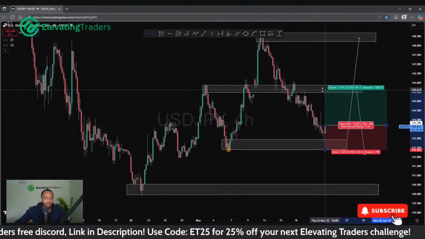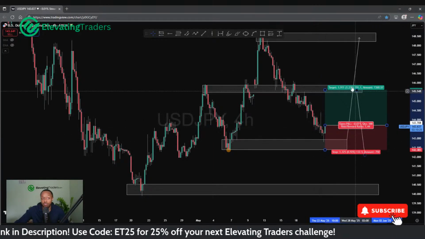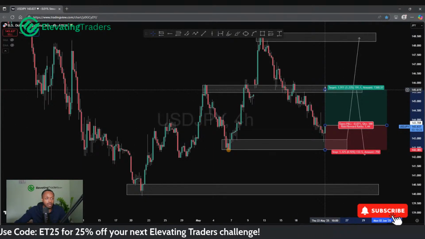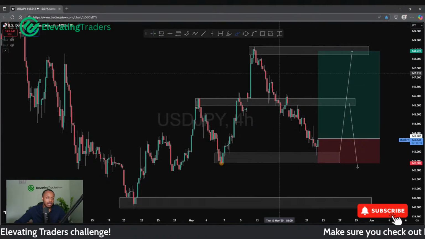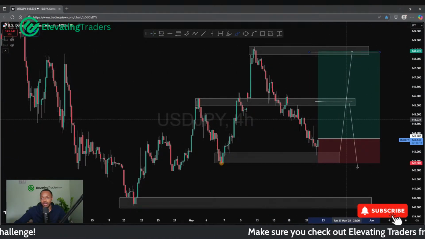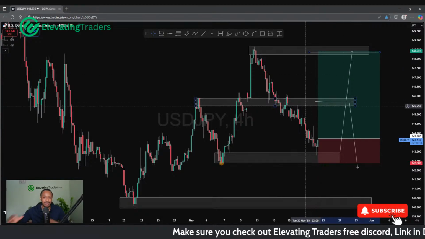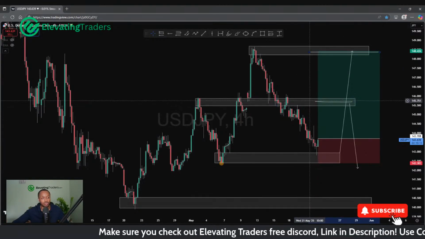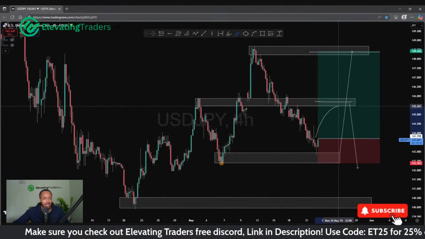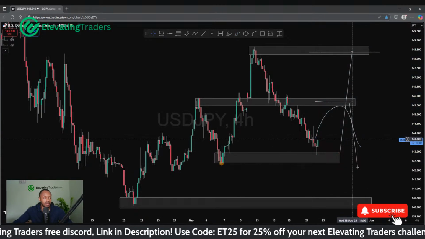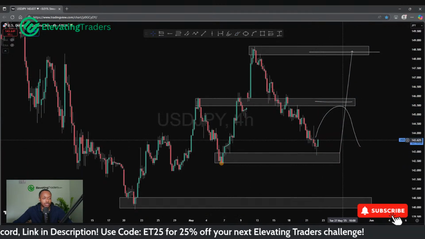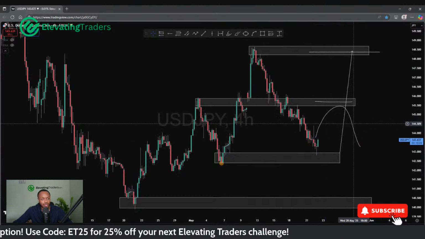Locking gains there. Maybe looking at 1 to 1.4, 1.5 roughly. Then I'll leave some positions to run there. Maybe close half here. Then close the rest there. That way I can still maximize my risk reward. But also, if we do roll over here, I don't walk away empty-handed as well. And I'll probably get my stop loss below the low here, just to give myself the most room to catch the swing.